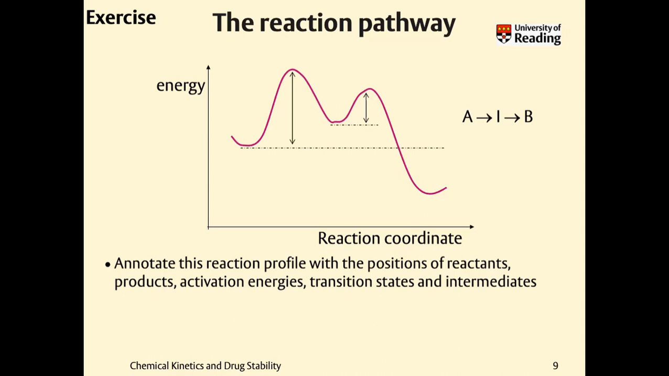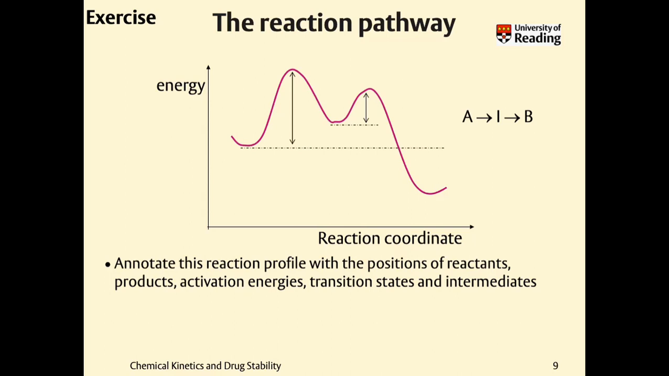So in this diagram, we have energy on one side against reaction coordinates. So that's the progress of the reaction along the bottom. To start with, I'd like you to think about annotating this reaction profile with the positions of reactants, products, activation energies, transition states, and intermediates. So let's start by saying that this reaction path here